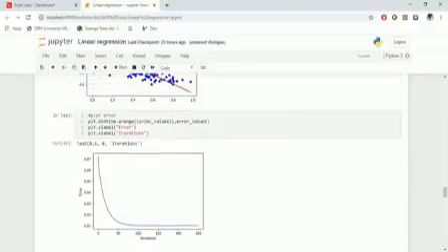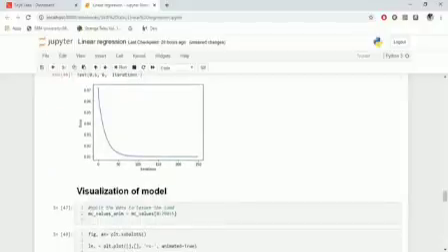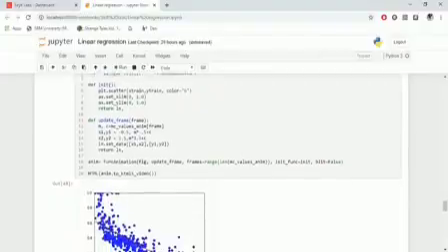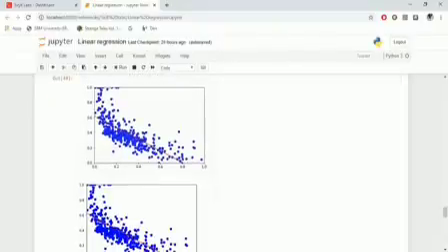We can also see the errors with the iterations. We can see that the errors have gradually decreased over the iterations, and we can also visualize the training phase of the model by using the HTML and the FuncAnimation objects. We can see in this video how the model trains itself and the regression curve changes accordingly while the M and C